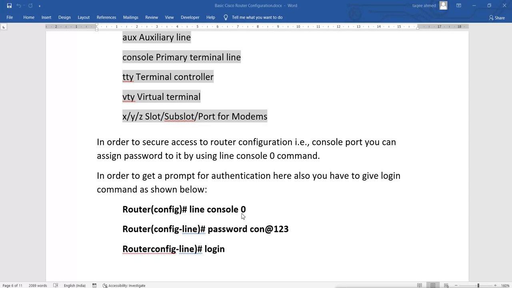So the command is line console 0, and when you press enter, you will be in the sub configuration mode, that is the line mode. We have seen the sub configuration modes before, and this is the line mode. Now in this mode we can configure the password for our console port, and the command is